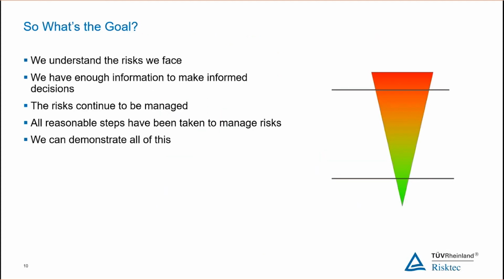So the end goal is, as I've said a number of times, we understand the risks that we face. We've got enough information to be able to make informed decisions, and we face a wide range of risks that we're responsible for managing within our organizations. This idea of the risk triangle, from the intolerable risks, the broadly acceptable risks at the lower ends, and the tolerable, if all measures necessary have been put in place, within the middle.